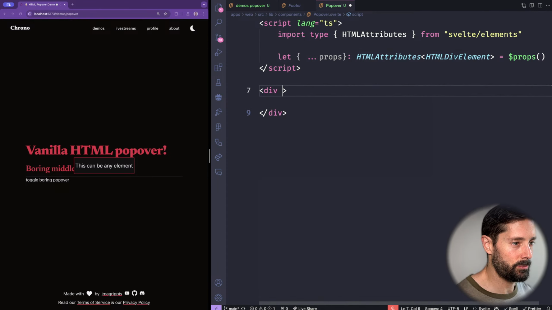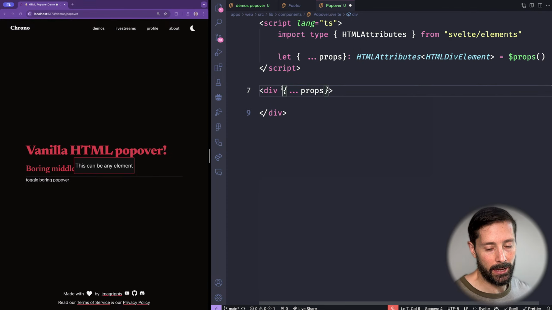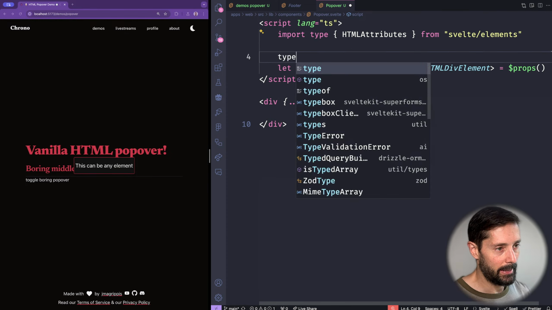Get all of those and spread them in the div. Again, popovers don't need to be div elements. They can be anything you want, but div is like a nice common one. Why not use that one? But actually,